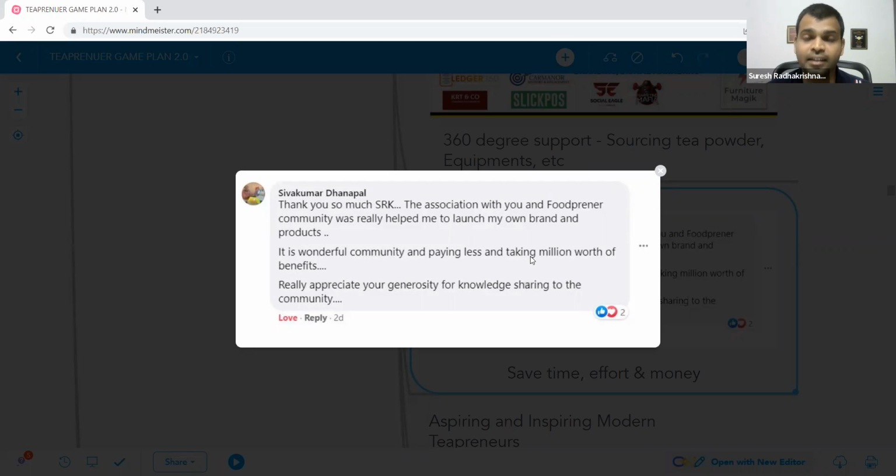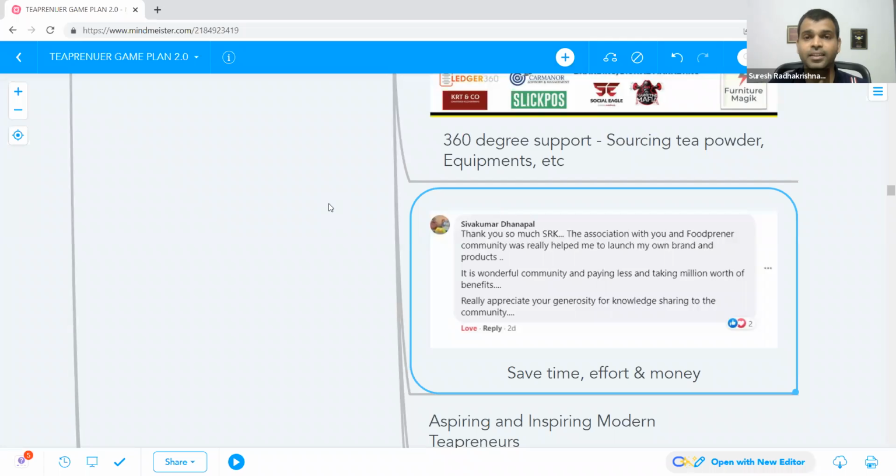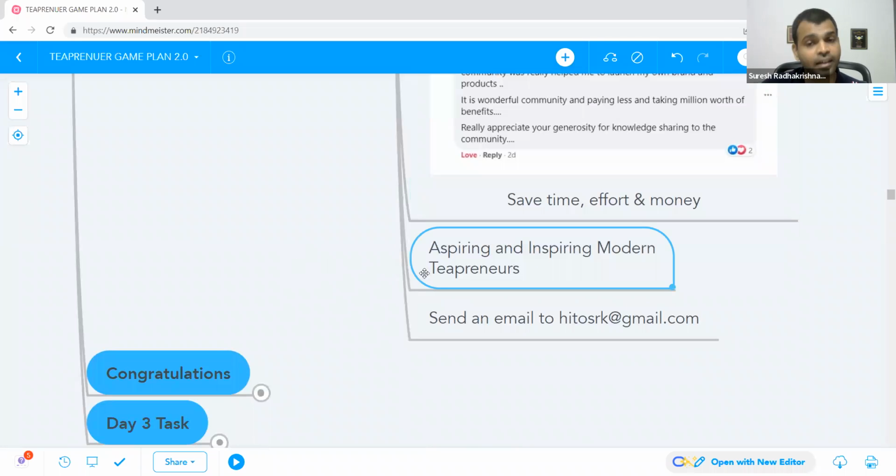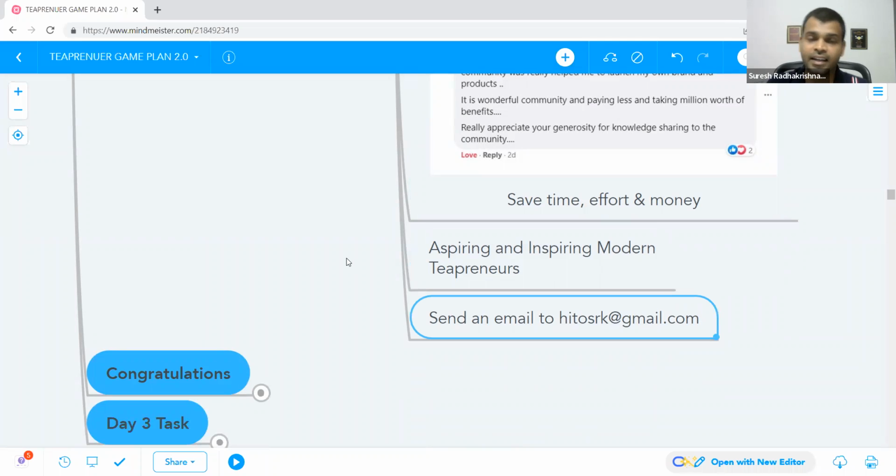And one of our members has written it. You're paying in hundreds, but definitely I'm sure that you're taking value in thousands for this session, for this game plan session. If you're paying in thousands, you will definitely get value in lakhs. That's the kind of value that I create. I really appreciate your generosity for knowledge sharing with the community. And I never believe in secrets, right? I don't put a stop or a break on any information that I have. It's completely open, right? Whatever I've gone through from my failures and learning from fellow entrepreneurs, I don't block anything. I completely share all of those things.